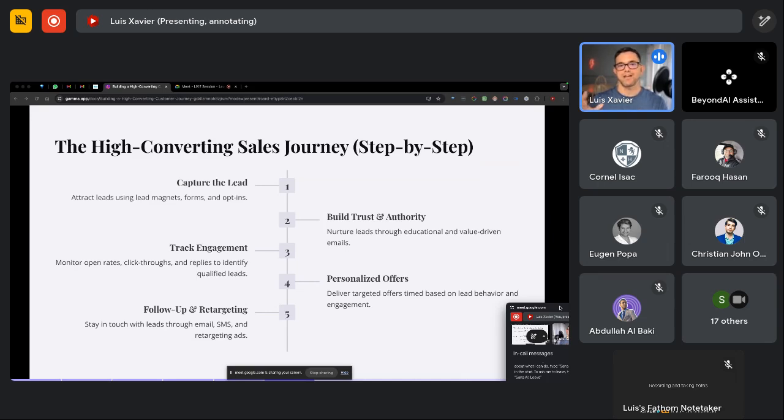So you will have an opt-in, and this opt-in will receive the name of the lead and the email address, and potentially, if you can, you should grab their phone number as well, so then you can send them SMSs. Okay. From there, you want to build trust and authority. You want them to know who you are, like what you do, and trust you. So they will be ready when you have an offer put in front of them.